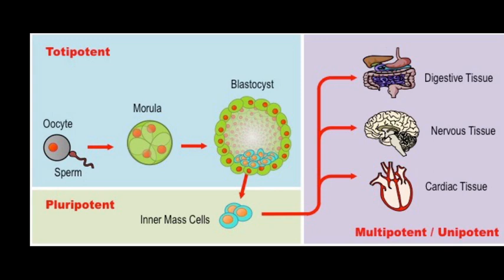Next, oligopotent stem cell. Adult lymphoid or myeloid cells are good examples for oligopotent. It can differentiate into a few different types of cells. It cannot make all the types of cells in the body system. Next, we will see about unipotency of stem cells. These cells can produce only one type of cell. Since they have the ability to renew themselves, they are known as unipotent stem cell. Example, muscle stem cell. The muscle stem cell can make more number of only muscle cells, not any other cell types.